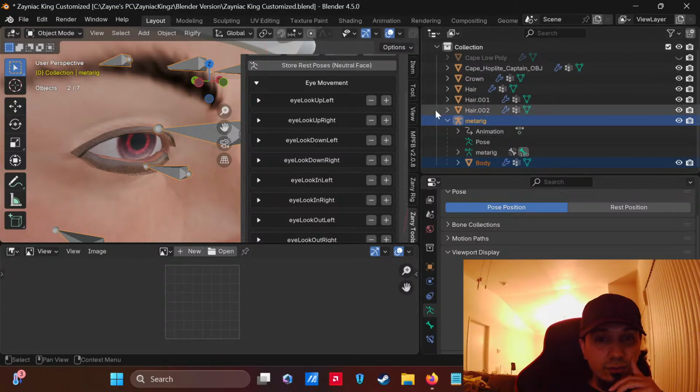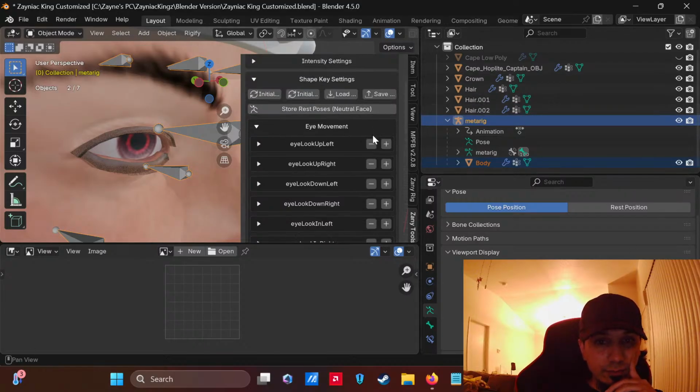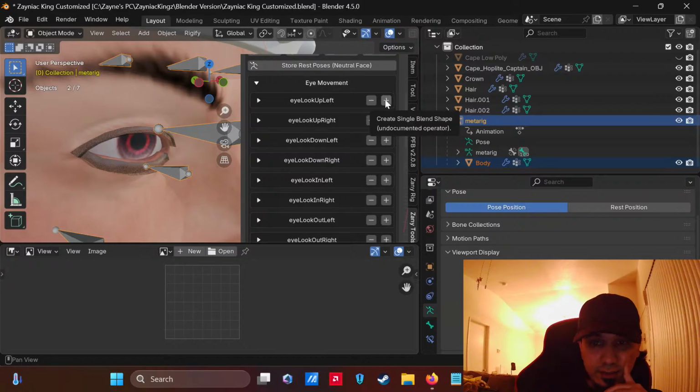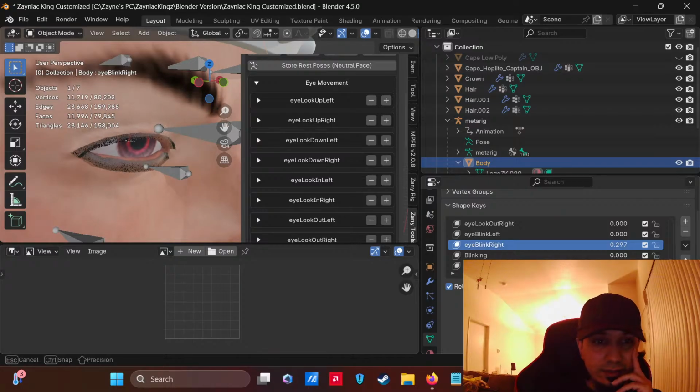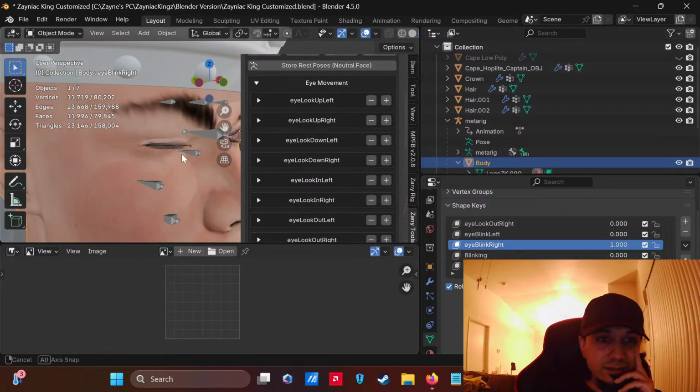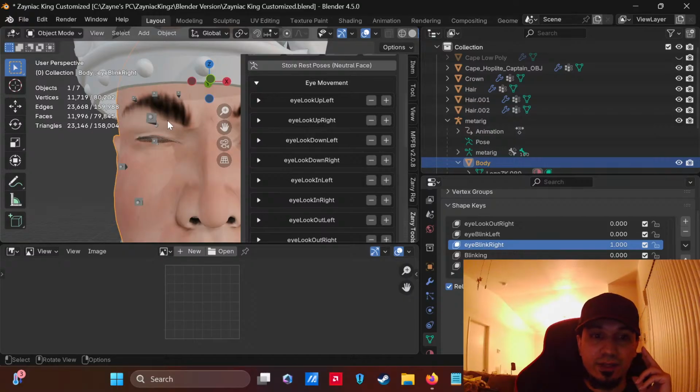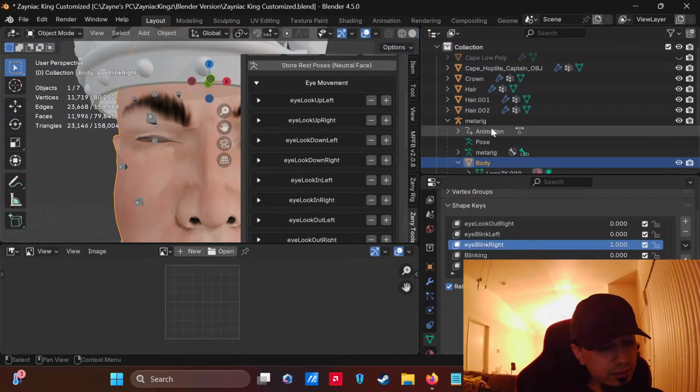So let's see, what are we gonna do? Alright, so back to the eye movements. I'm gonna add these all back just to make sure that that bug is taken care of. Because if you look at them right now, let's give an example here. When I blink on the right side, it's a little intense and you can see too much of the deformation. So I fixed that, and now if we do the same shape key,